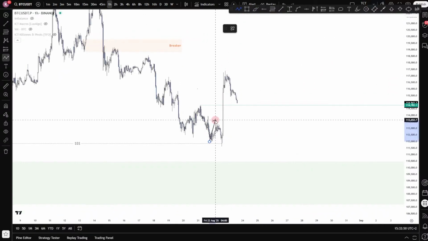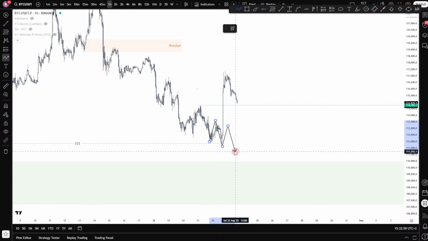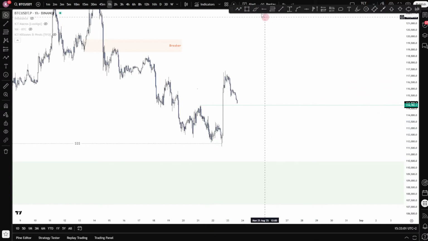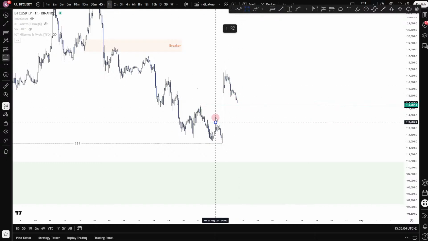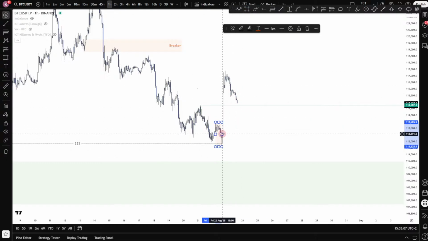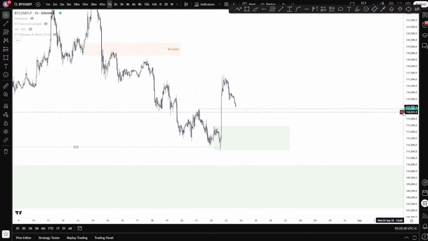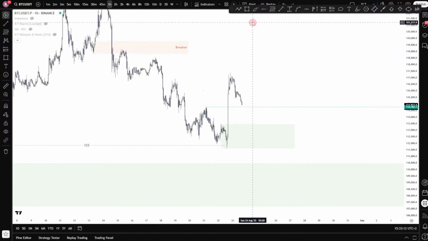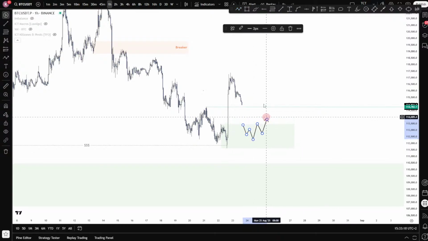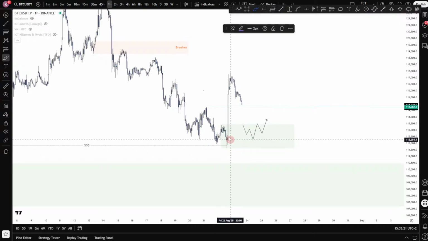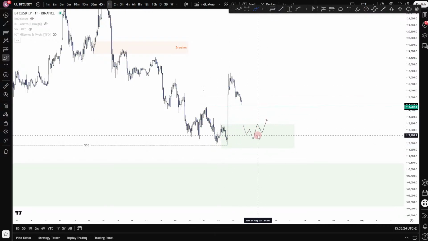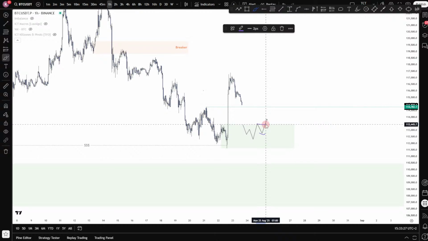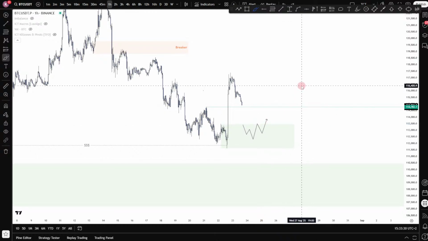If we look at market structure, this is our last pullback before we grab that liquidity low. And this was also the place where we needed to put a lower high for a new lower low in order to stay bearish. But what happened here is buyers stepped in and took over from the sellers. So that makes it your demand here. This would also be a great point of interest to wait for price to come back, get that local trend switch, and as I've just shown on the low time frame there, make that play towards a higher low towards a new high, which is just expectational order flow.